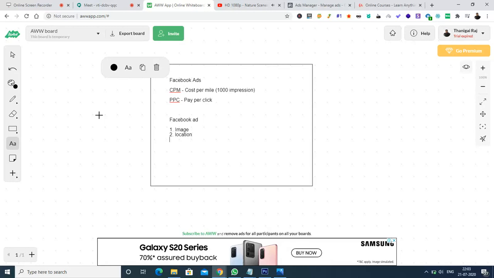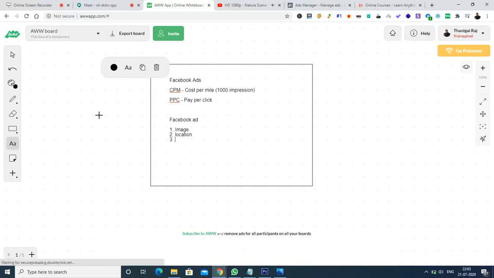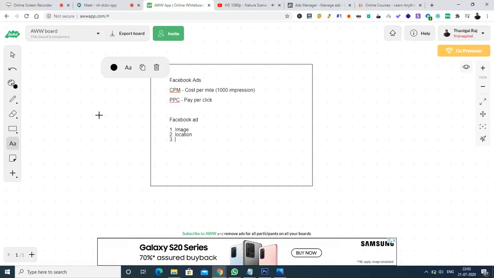Okay, all right. Then what else are the details that I'll be providing to Facebook to run the advertisement? So by choosing the location and image, can I run the advertisement? Of course, we can run the advertisement, but apart from this, we can also have a lot of other options through which we can feed Facebook, and from which we can get the exact result. So what are those details? A few of the details are,